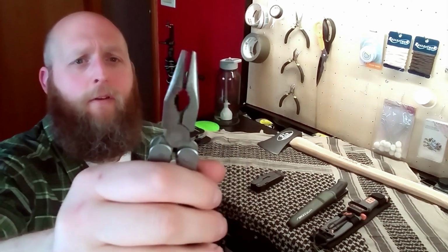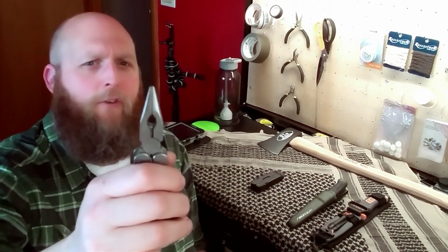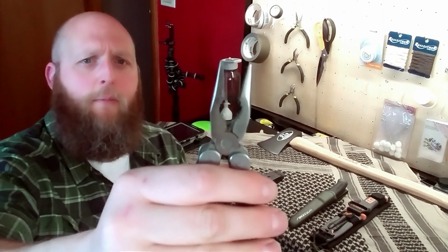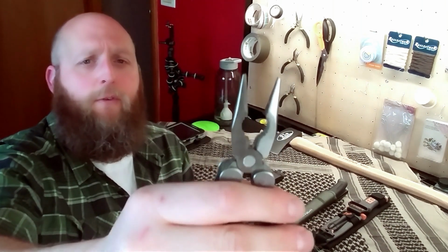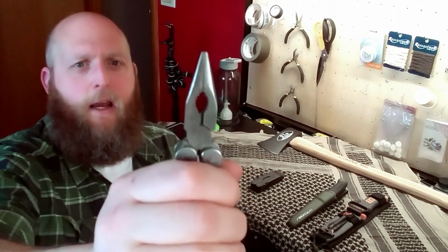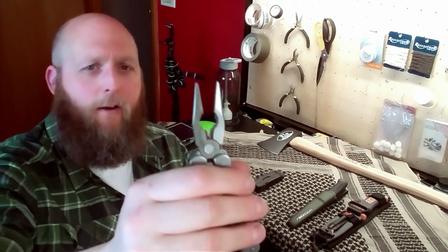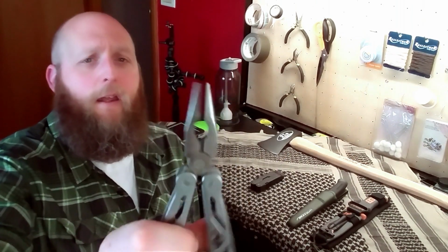They have their place. If you've got a young kid that you want to get into bushcraft or just doing some stuff outdoors, you want to give them a tool, this is perfect. They lose it, you're out $5. You can teach them the lesson of responsibility to keep track of their tools, but it's not going to really hurt your pocket too bad when you eventually replace it. That being said,